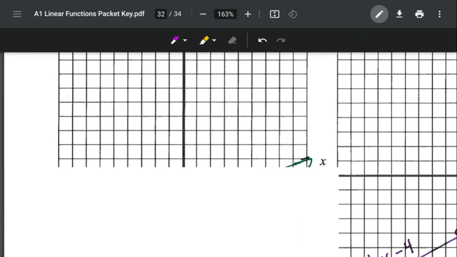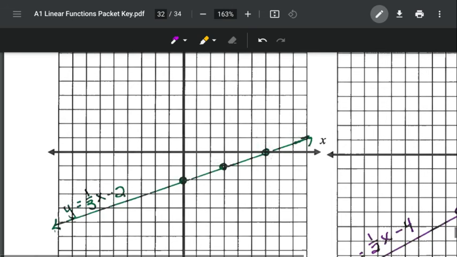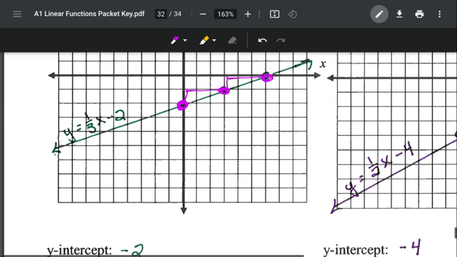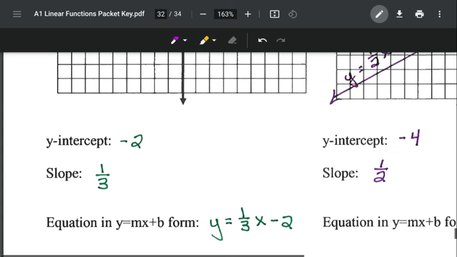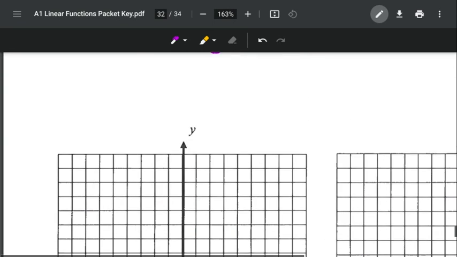So when I graphed, slowly, here's my y-intercept. I started at negative 2. I went up 1 over 3, put a point, up 1 over 3, put another point. And then moving down to fill out the rest, my y-intercept is negative 2, and my slope is 1/3. Take note, it's not 1/3 x, the slope is just a number. Last one for our notes,